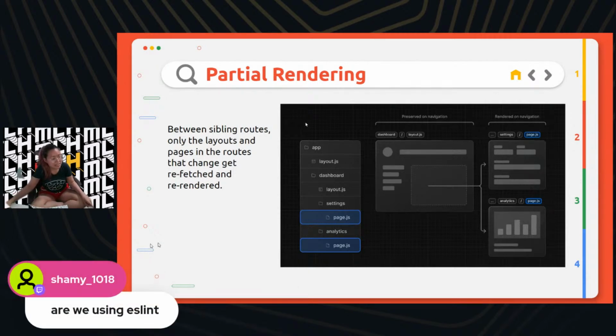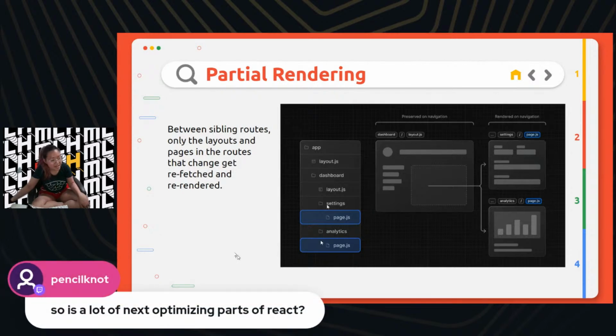Are we using ESLint? I'm pretty sure my VS Code automatically has that on. So yes, the answer is yes. I want as many best practices in this track as possible. Is a lot of Next optimizing parts of React? Yes.